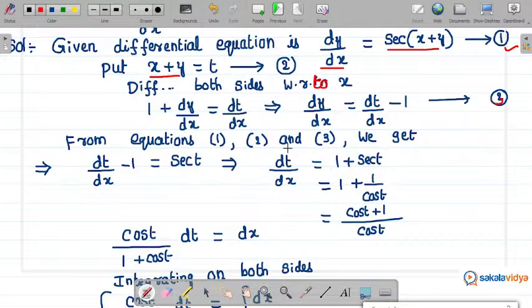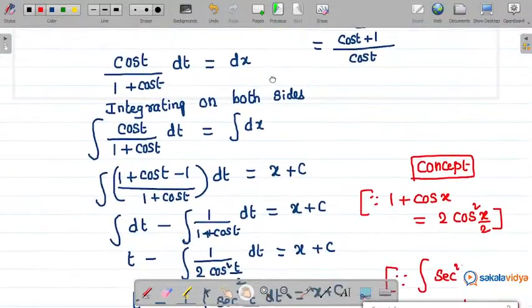From equations 1, 2 and 3, in the place of dy by dx we put dt by dx minus 1, and in the place of x plus y we put t. So secant t, dt by dx is equal to 1 plus secant t. We don't have a direct integration for 1 upon 1 plus secant t, it's very difficult. So let us convert into the cos term. So 1 plus 1 upon cos t, cos t is the LCM, cos t plus 1 by cos t. Now if you cross multiply, we get like this,